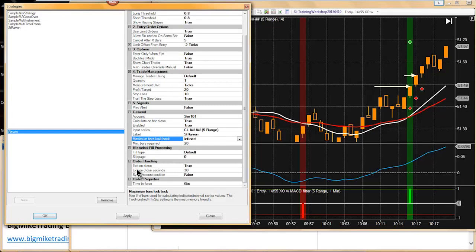Here's another thing that throws a lot of people. If you're not learning what all these settings do, just keep in mind that these settings do affect your strategy. So you should take a look at NinjaTrader's documentation on what these do. But exit on close, NinjaTrader defaults this to true. So what that means is that when